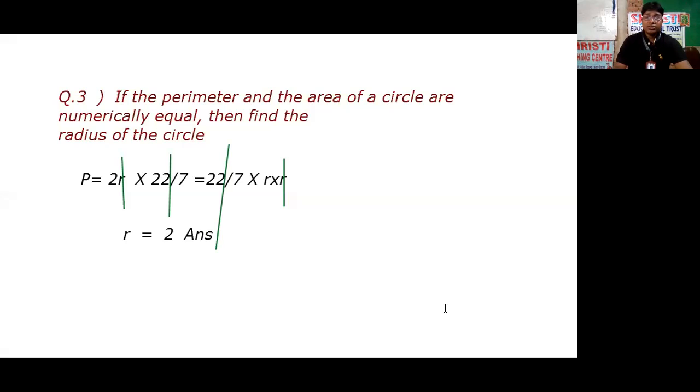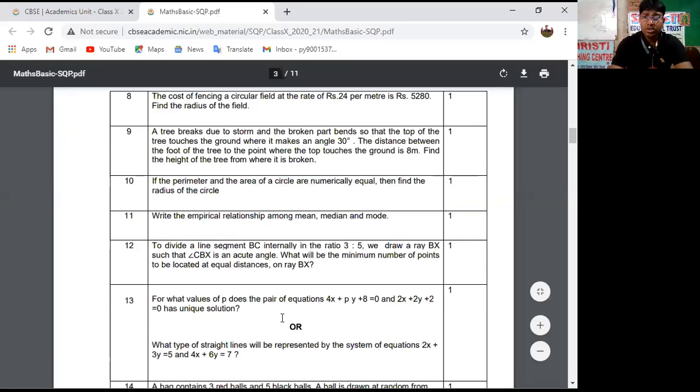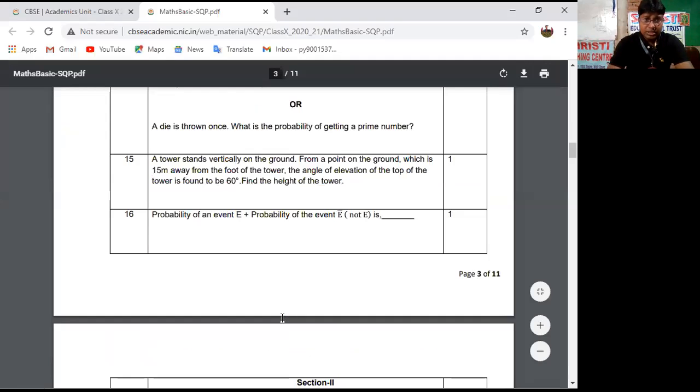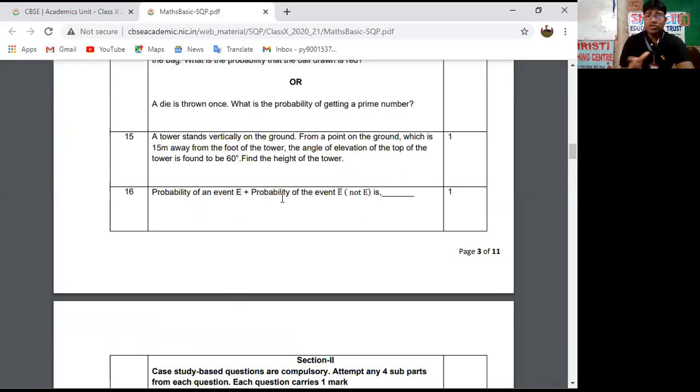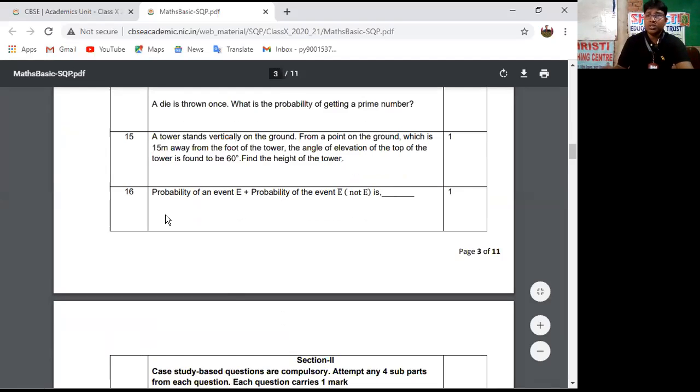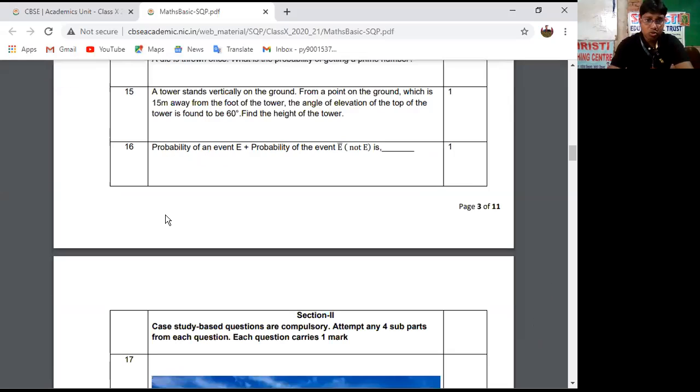If you select any question which is of 2 marks or 3 marks or more, consider this question, which is also very simple. The probability of an event plus the probability of the event not happening simply becomes 100%. That means the probability of doing work and the probability of not doing work, when we combine these two, becomes 1. This is the simple formula of probability: P(E) plus P(E bar) equals 1. This is a formula based question. Next,